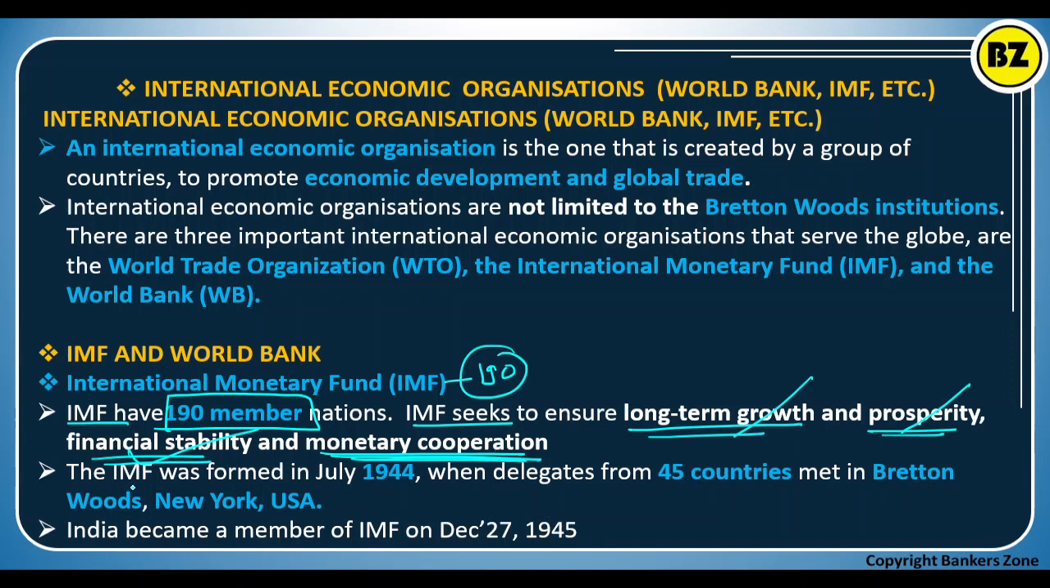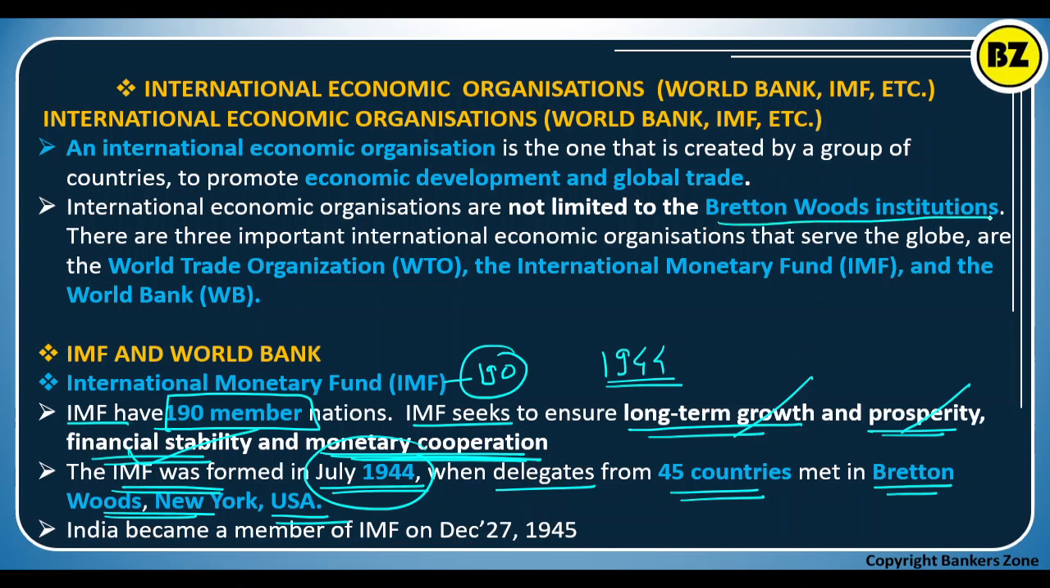Now see, the IMF was formed in July 1944. Remember the year of establishment, 1944, when delegates from 45 countries met in Bretton Woods, New York in the USA. I have already told you why IMF is called the Bretton Woods institution: because delegates from 45 countries all over the world were having a meeting at the place called Bretton Woods in the USA. So the idea of IMF establishment came from there,